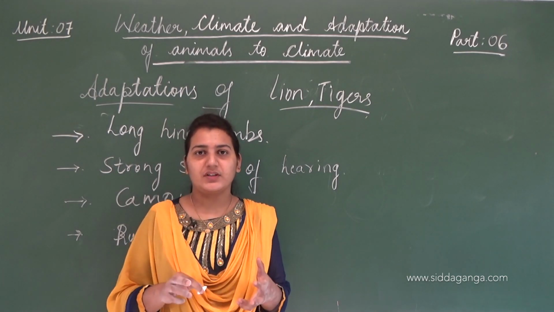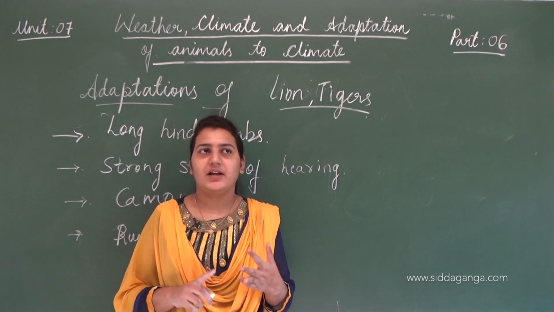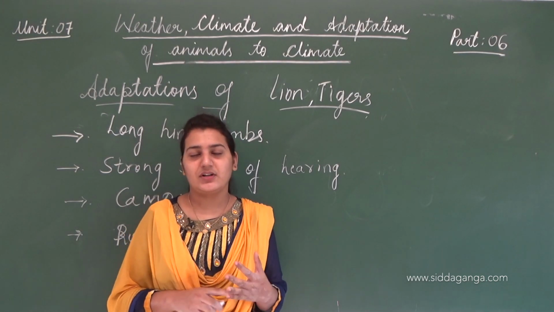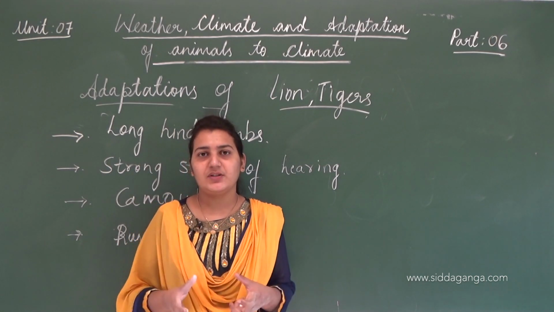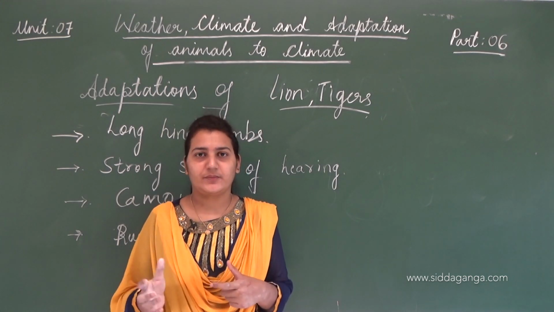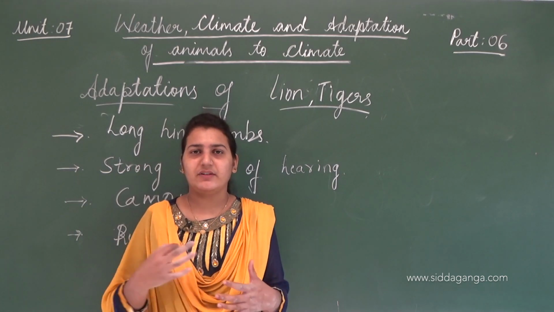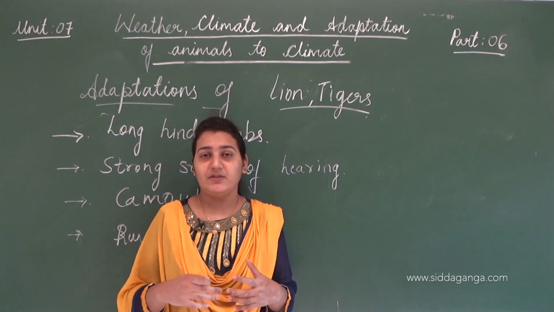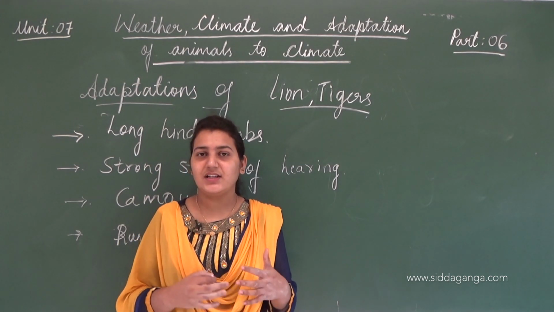So what are the elements of weather? That is temperature, rainfall, wind speed, clouds, and humidity. These are the elements of weather. By knowing these elements, we can know the weather. Even the weather changes from morning to afternoon to evening. We have different weather conditions in a day, but we do not say we have different climatic conditions.